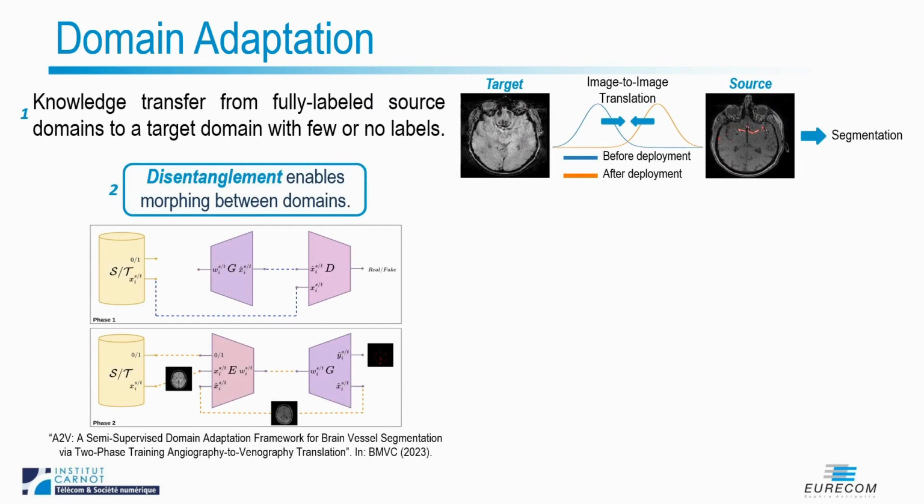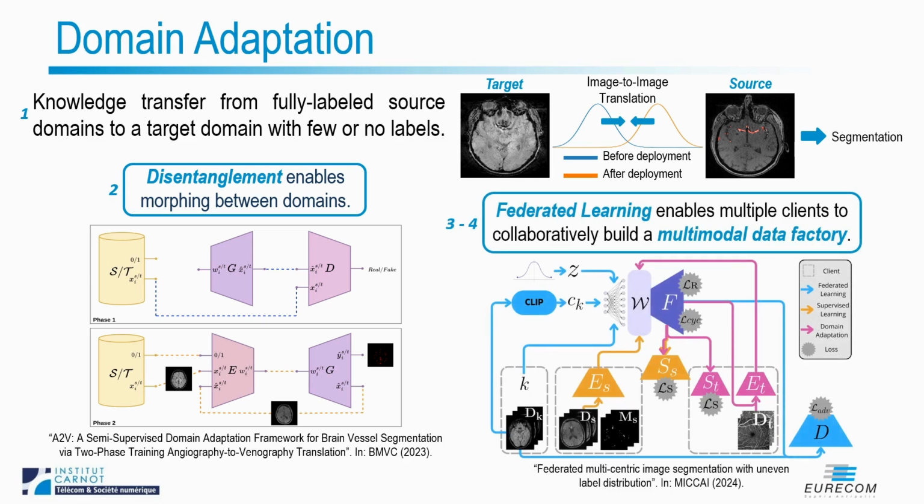To solve the second one, the problem of domain shifts, we presented a novel framework at BMVC last year. In this work, we highlight how disentanglement is a must in order to solve domain adaptation when distribution gap is very large. Finally, this year I'm presenting here at MICCAI another novel framework which brings our problem into a multicentric